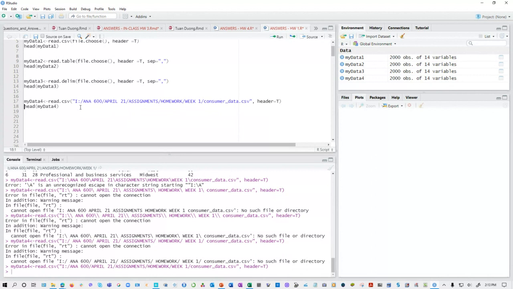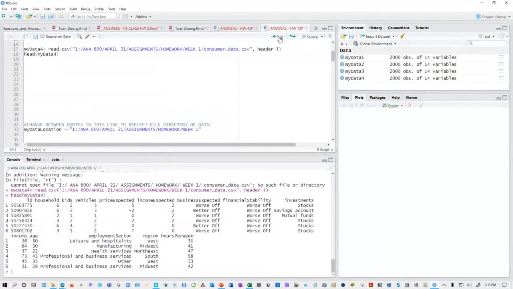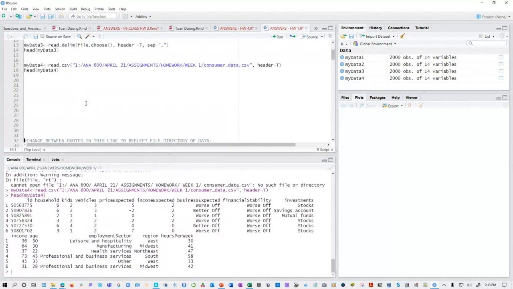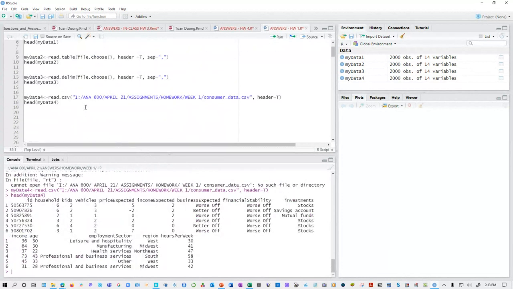If you don't get the data, then make sure that sometimes it doesn't work with the backslash. Backslash you can change into the forward slash, and then sometimes separation doesn't work with the forward slash. It's going to work with the backslash. Then do some kind of adjustment. Okay, so now it works. See, that's another way of reading data. Then you can do the same thing with the aid of that